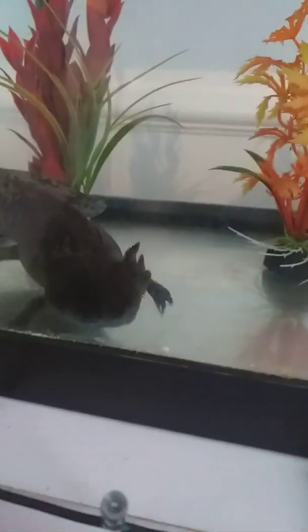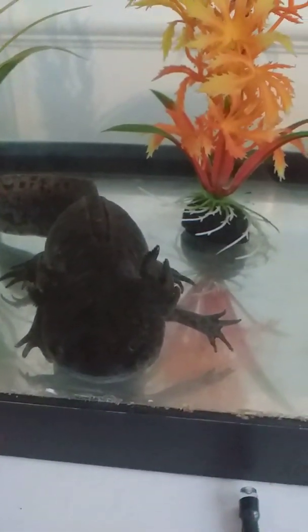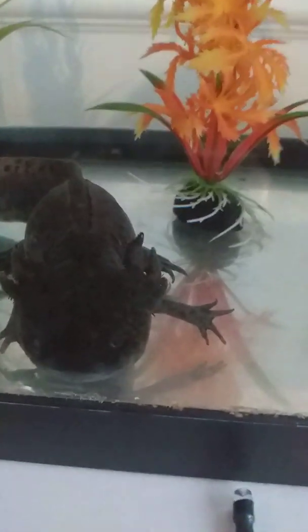Sand is okay, very fine sand or very plain sand, that's absolutely fine. Obviously, you need to wash it through. Apologies for the focus on the camera. The camera's been a bit of a donut. That's absolutely fine. But when it comes to actual substrate stones and things that you can use for fish, please